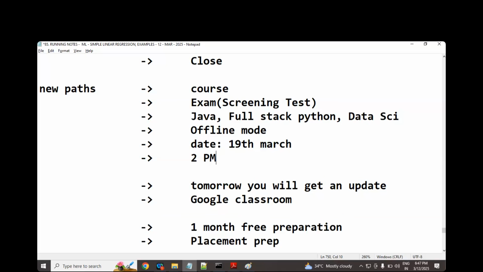Please make a note of the institute name. Try to refer your friends also. We have a backend team that is always working in the backend. I hope you are aware of Naresh sir. Sir says only one thing: try to give the best to the students. We are trying that, and you also need to prepare more. I hope I'm clear. Thank you.